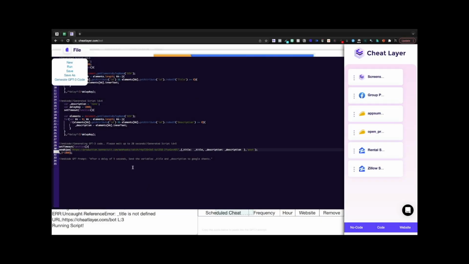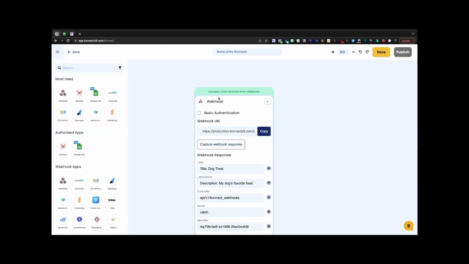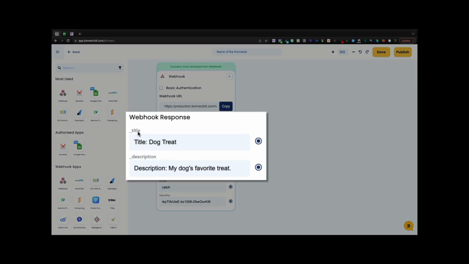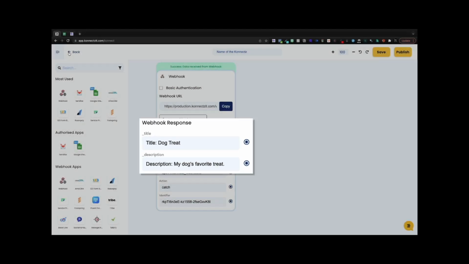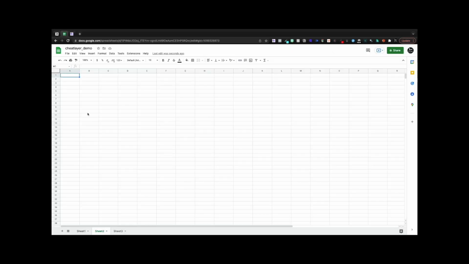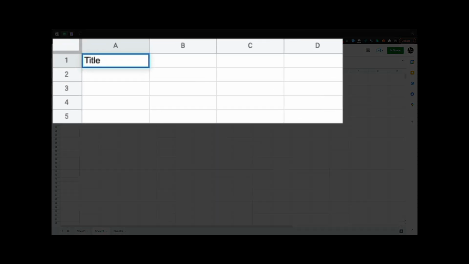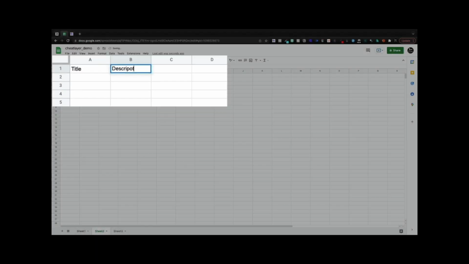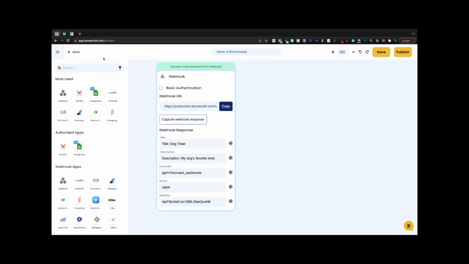So I'm going to come down here to File, Run, and it looks like I'm getting an error. Maybe that was from earlier, something that I had done, but it's running the script right here, so we should be good to go. Let's navigate back to Connexit, and the data was received, and there we'll see the title and the description. So at this point, I need to go into Google Sheets, and I'm on Sheet 2 this time, and I'm going to give it a title and a description, and we're going to navigate back to Connexit,